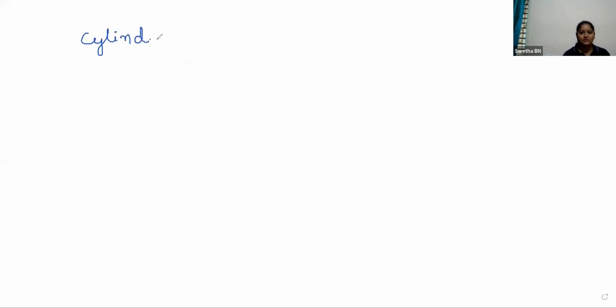And the next one, cylinder. In a cylinder, how many faces are there? Ma'am, 2 faces. Only 2 faces, right? Which are the 2 faces, Panchami? Ma'am, bottom face and top. Okay, what about the curved face? That is also a face, no? So it has two